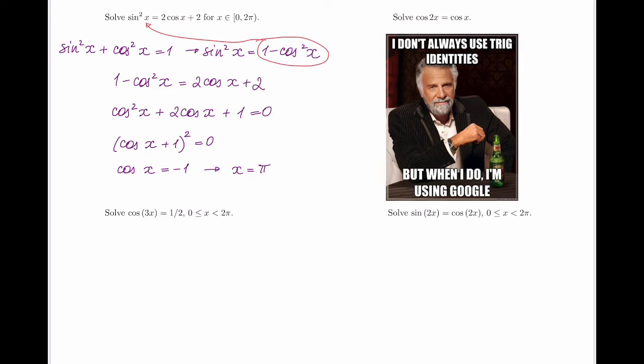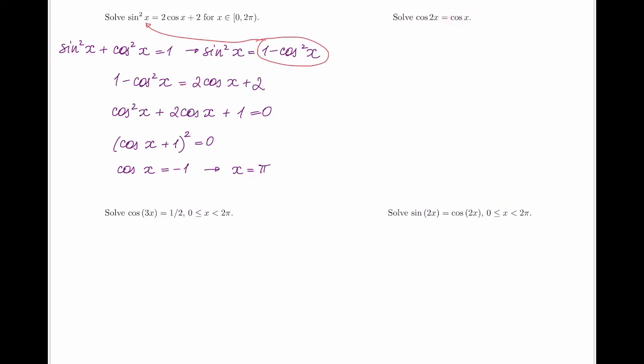Here I can see that my right-hand side has cosine of x, so I'm going to pick the one identity for cosine of 2x that involves cos x only. And that is that cosine of 2x is equal to 2 cosine squared x minus 1. This is now my left-hand side, and this has to equal the cosine of x on the right. Okay, and now I do the exact same thing I've done before. I'm going to move the cosine of x over. I'm going to get cosine squared x minus cosine of x